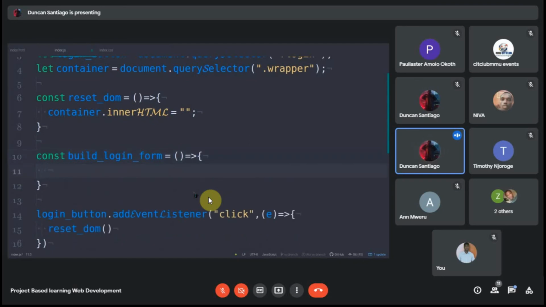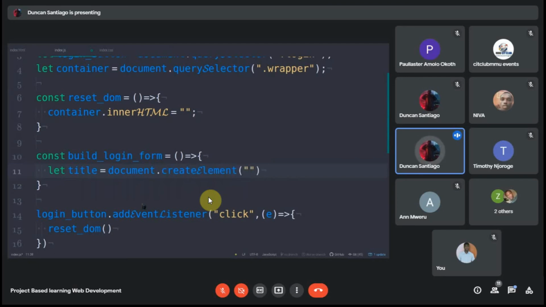Okay. So what I want to do is there's the label that displays the error. I'm going to have it at the top. There's also the title of the page, maybe login and stuff like that. I'm going to show you, so don't worry. I'm just going to first create this title, the title of the page. And the way to create an element, you just do a document dot createElement,